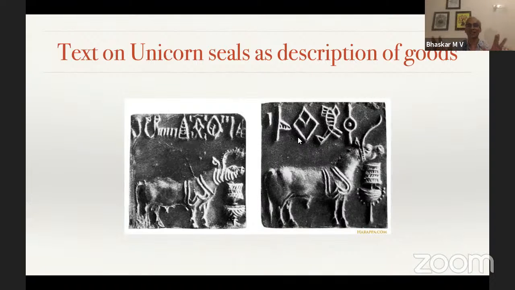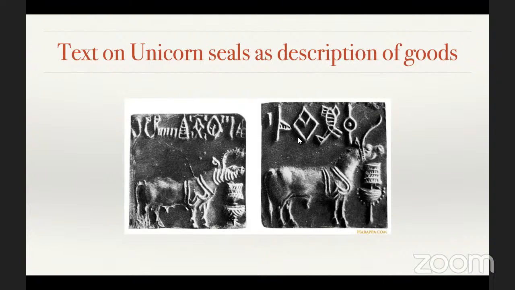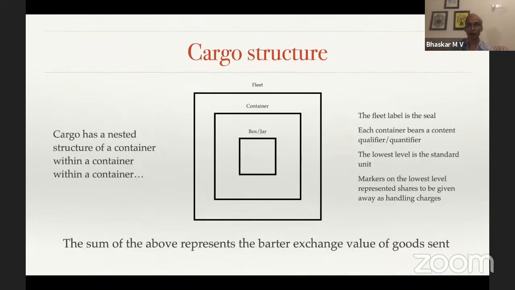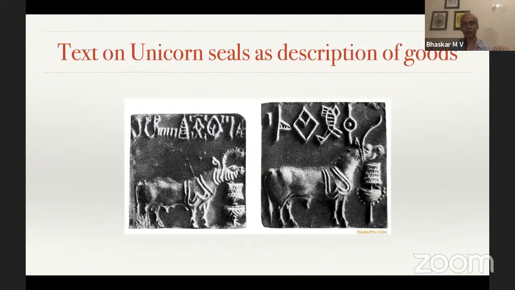So this would have been a description of the goods, where necessary quantities may have been marked on the seal, but a lot of the quantities are marked on the containers themselves, and therefore quantifying information on the seals is not as fully presented as we might expect to see. So we need a combination of records at all the three levels that we saw earlier to be able to understand the full information of the cargo, and the seal itself may present only partial information. Structurally, it has to be understood in those terms.